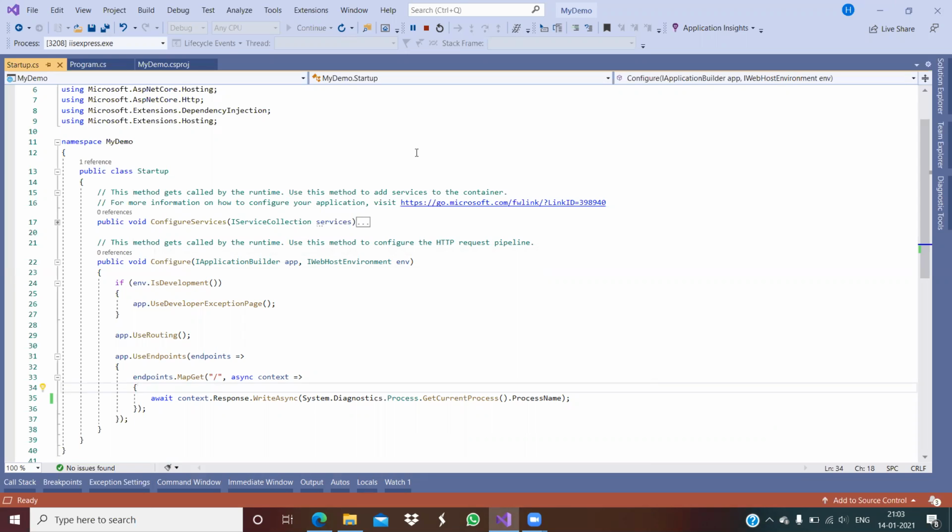So that process name is IIS Express. From a performance point of view, before that I just want to tell you that there are two hosting models: one is the in-process hosting model, and another one is the out-of-process hosting model. So this is considered an in-process hosting model